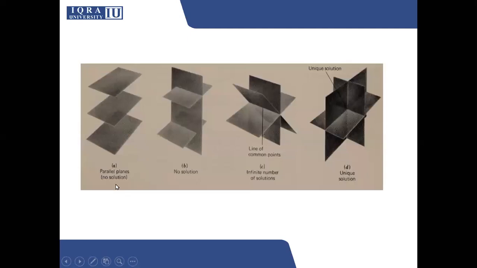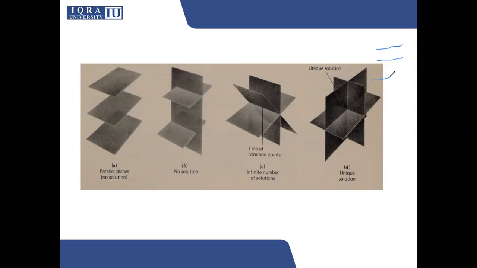Again, like I told you, we can have no solution, infinite solutions, or a unique solution. Let's take a look at no solution. If I have 3 planes that are parallel to each other, they are not touching each other at all, kind of like this. You might think that they're touching right here, but no, they're in the z-axis, they're not touching at all, right? If these parallel planes are not touching each other at all, this is a case of no solution. These 3 planes are parallel to each other.